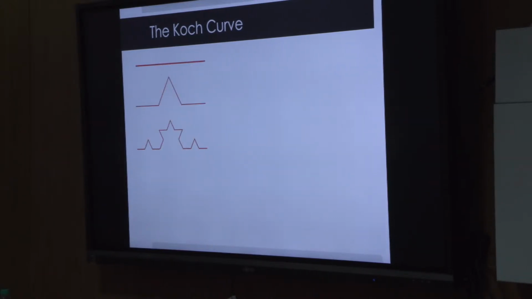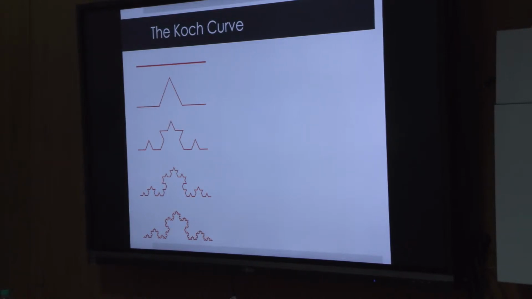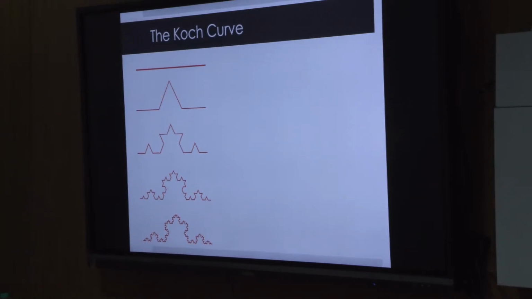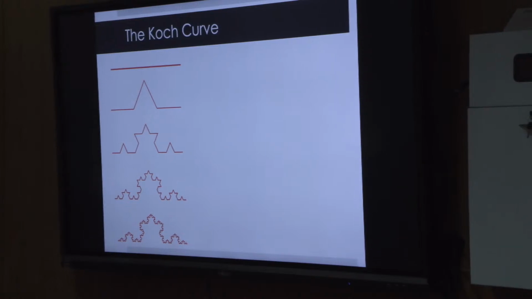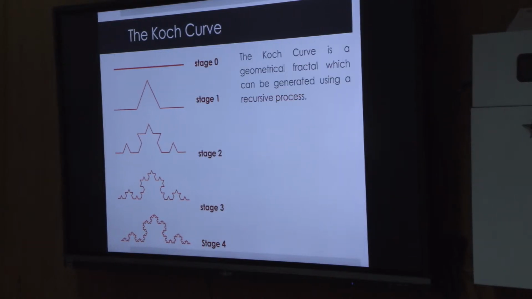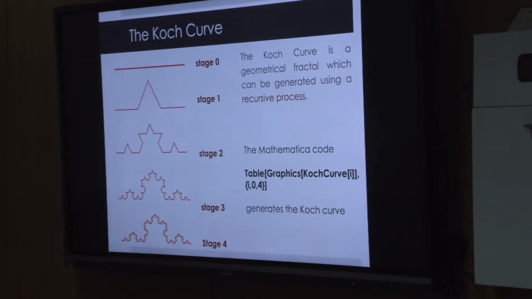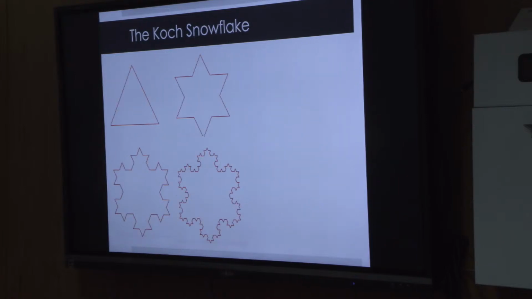So I'll not get into more, but see, the thing about fractals is the idea of recursion and iteration can be brought in. Now, if you look at the Koch curve, you can see that by stage 0, 1, 2, 3, 4, it becomes really fairly intricate. With older students, you can do a lot more. So, for example, if you do this onto the sides of an equilateral triangle, then you get the snowflake.